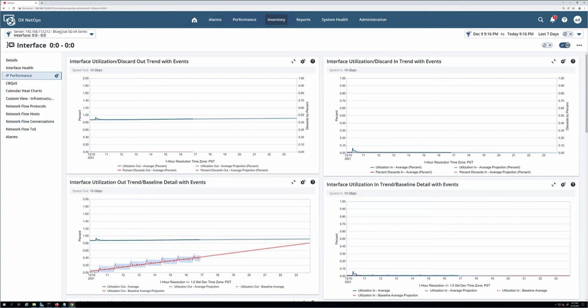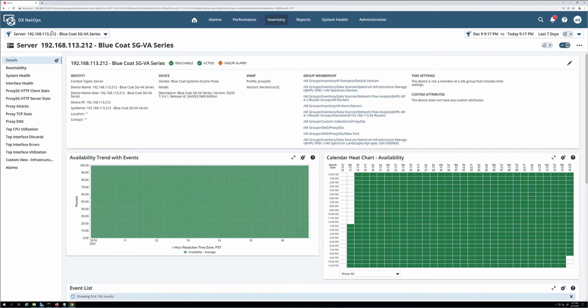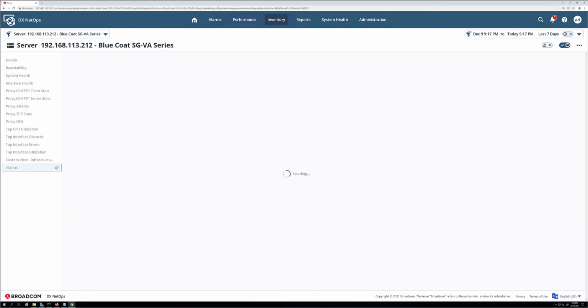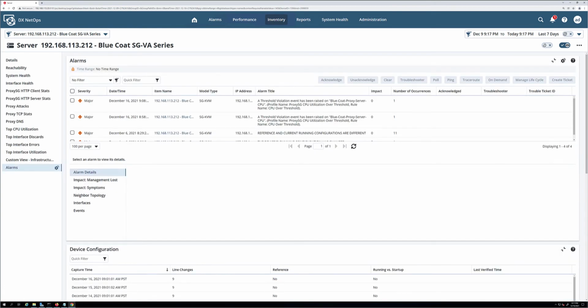So let's go back onto the device, and go down to the alarms. The alarm tab shows us all the alarms or the faults associated with this device that we are troubleshooting. And this is key because being able to view these alarms and faults associated with the device and the time that these took place gives the user who's troubleshooting this particular device for an issue the ability to visually